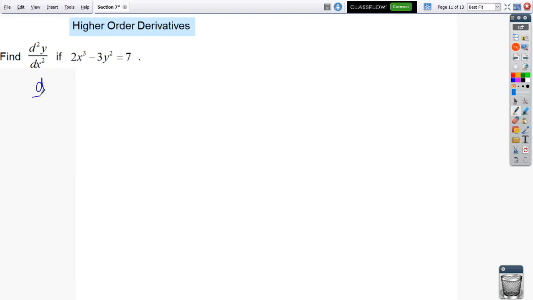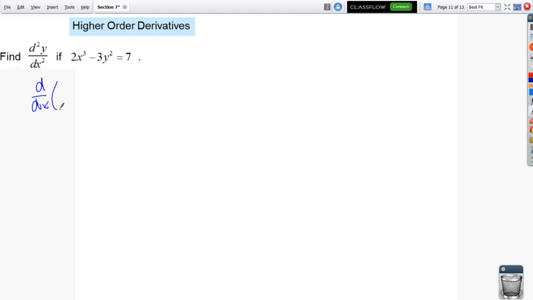To find the first derivative, I'm going to d/dx both sides: 2x cubed minus 3y squared, and I'm going to d/dx the other side, right? Again, the concept of equality: if you do something to one side of an argument, you've got to do the exact same thing to the other side. Looking here, the derivative of 2x cubed, since it is in x, we can just straight up take the derivative. We get 6x squared